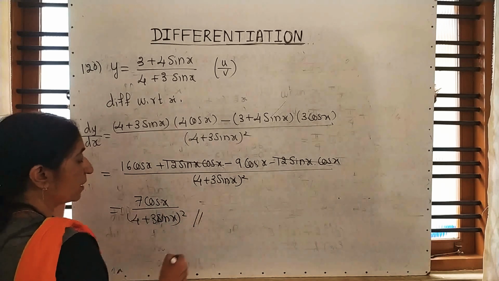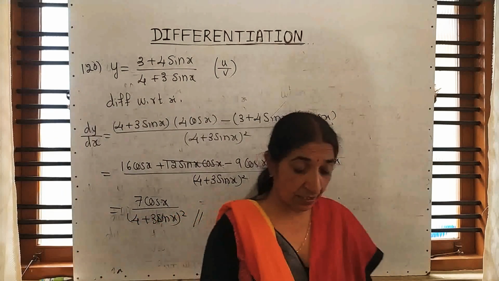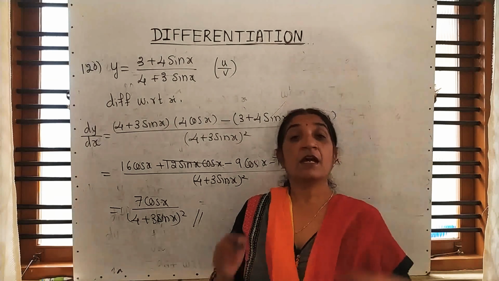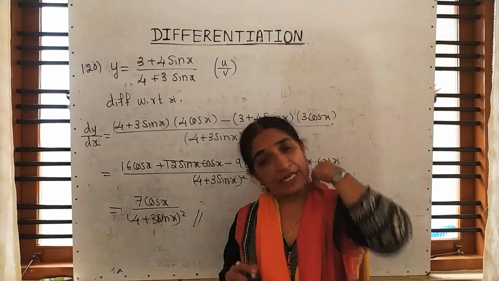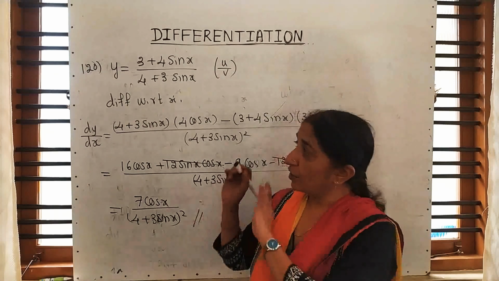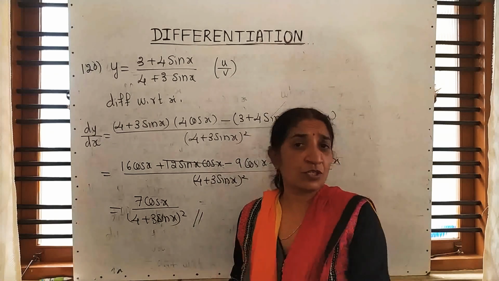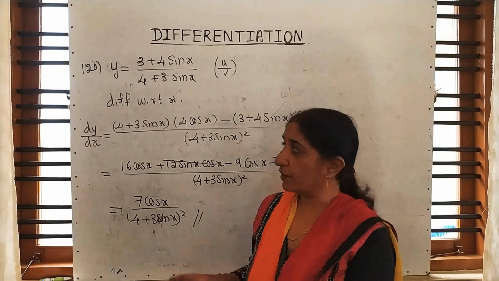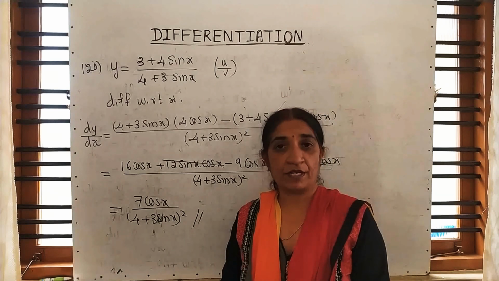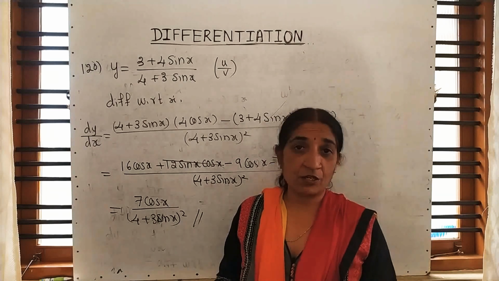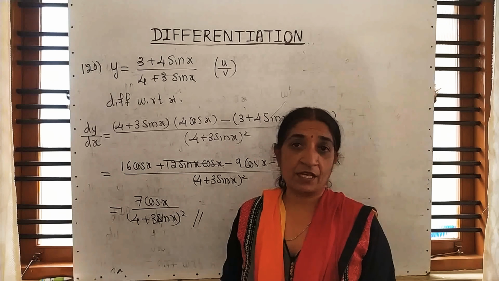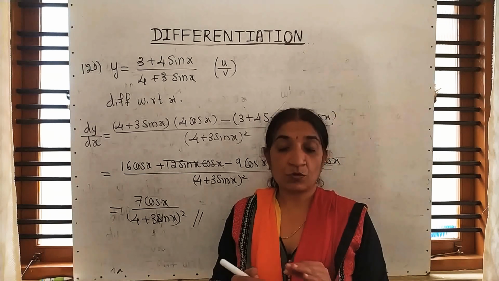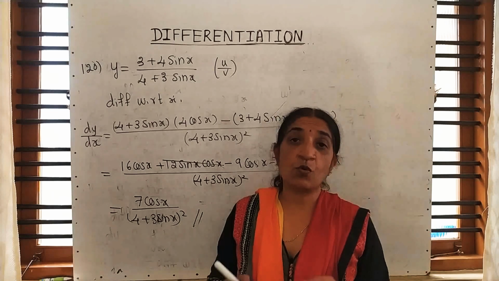See, with this example I am completing basic examples. In the next class I will start with the NCERT syllabus, that is composite functions. So that is very interesting and very important. If you are thorough in these examples, there are thousands of such examples, but because of time shortage I gave only this many questions, but I want to make you perfect. Now you are familiar with u plus v, u into v, u minus v, everything. In the next class I will give you the examples on composite function. So please don't miss watching those classes.